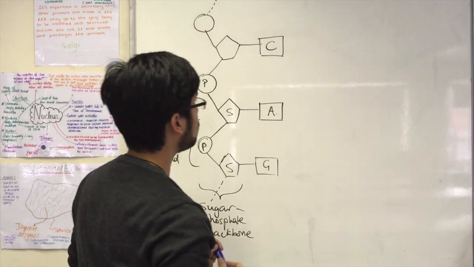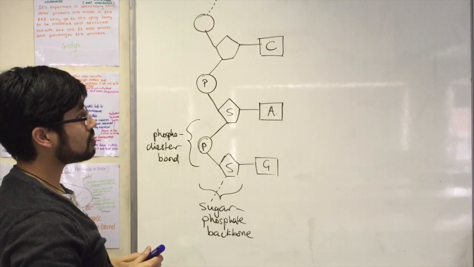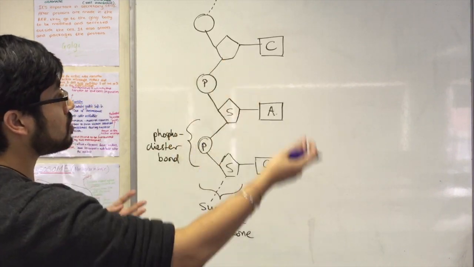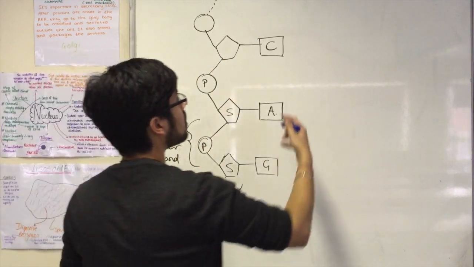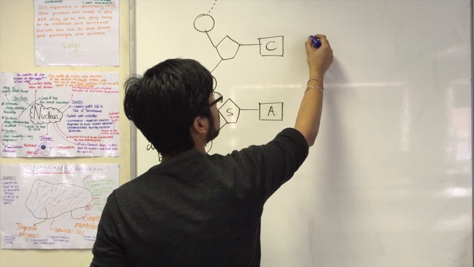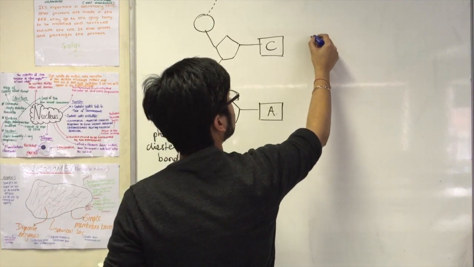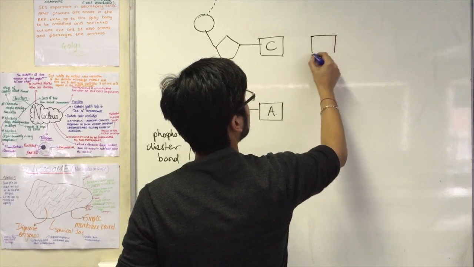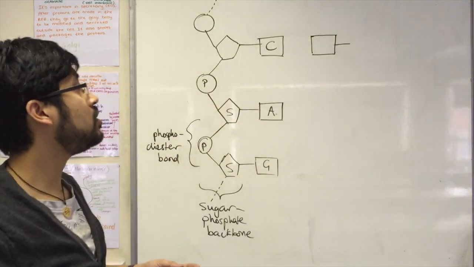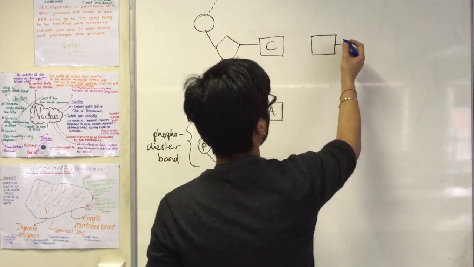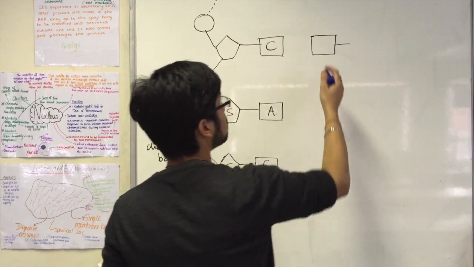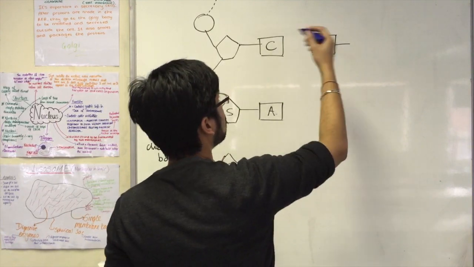Okay, so if this happens, what you get is other nucleotides floating around, and they will base pair via hydrogen bonding. Okay, so if I had another nucleotide, and that other nucleotide had guanine as its nitrogenous base, it will